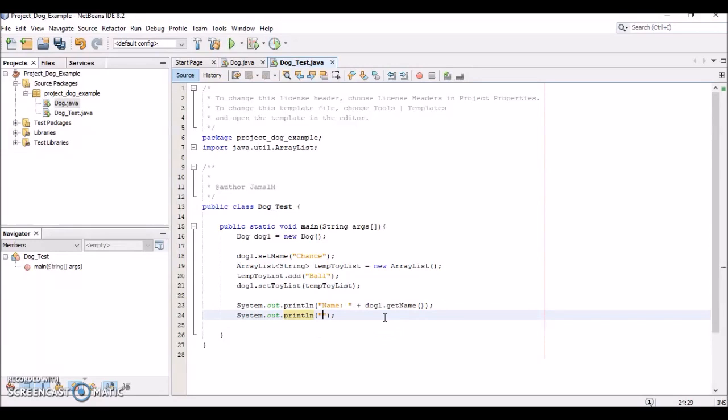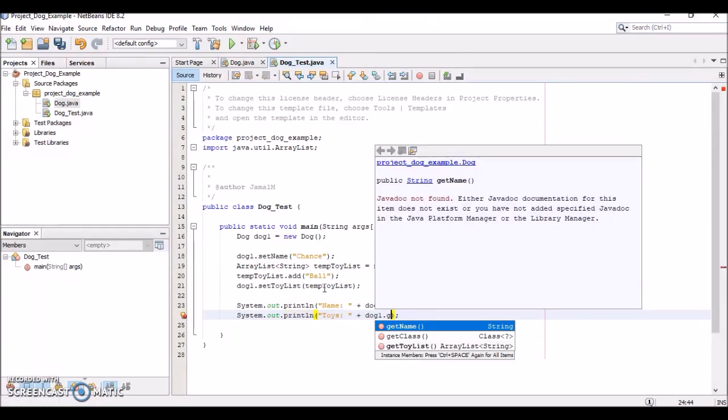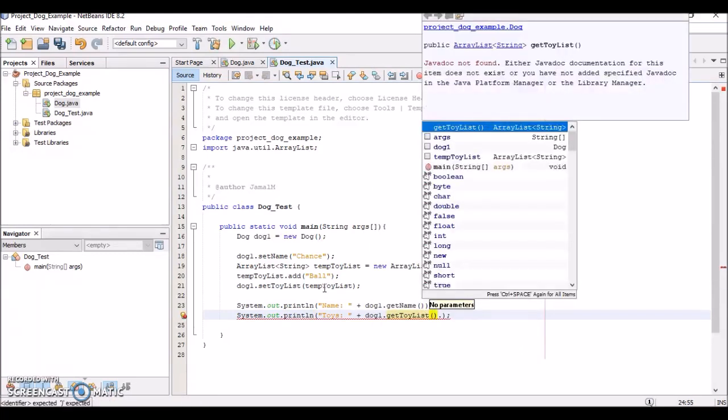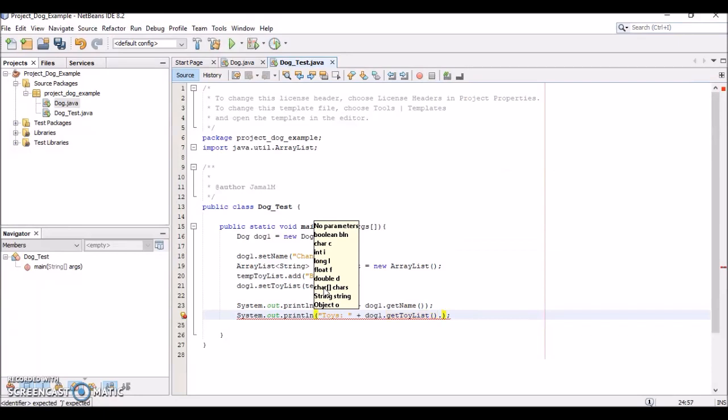We know that there's only one value, so we're just going to print out the first element, the toy at the first index of the toyList array. So we can say toy plus dog1.getToyList and dot